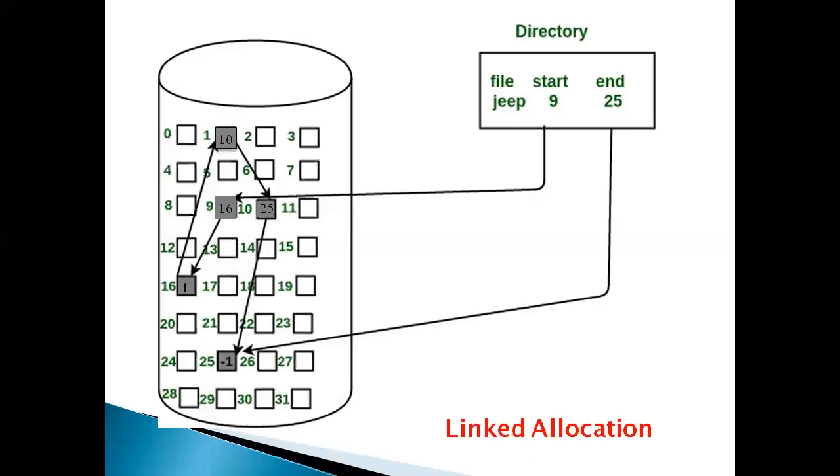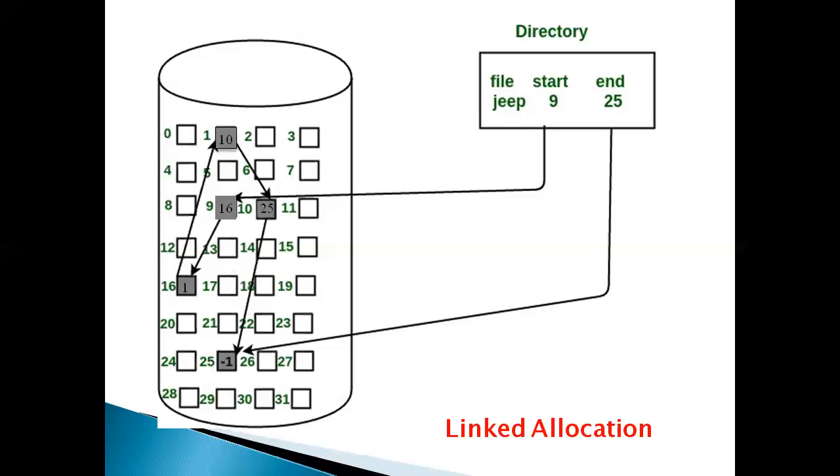The third one is reliability. The files are linked together by pointers, so if a pointer is lost or damaged, it will create a problem. For example, in this allocation the file name is G, and the starting address of the block is 9. In the ninth block a pointer is stored, so it needs a little more space as compared to contiguous allocation. If the pointer is lost, it will not point to the next block, so it will create a problem.